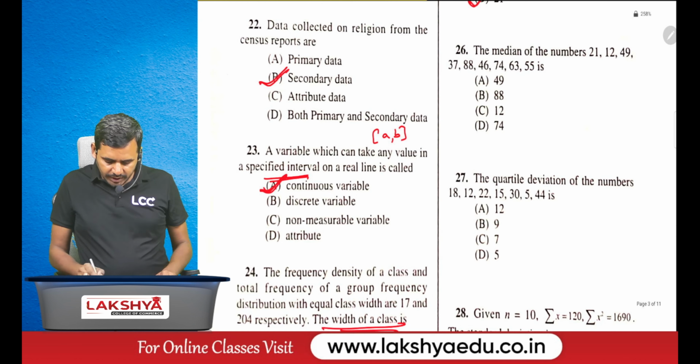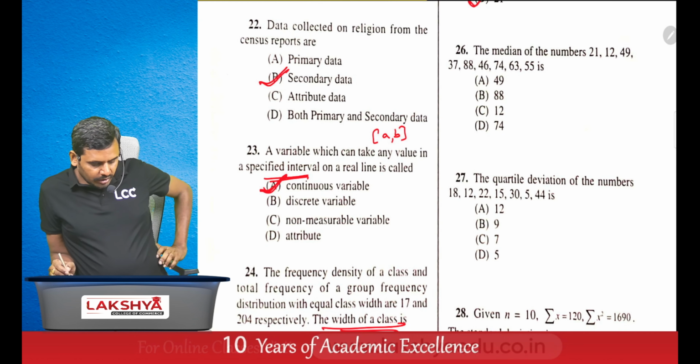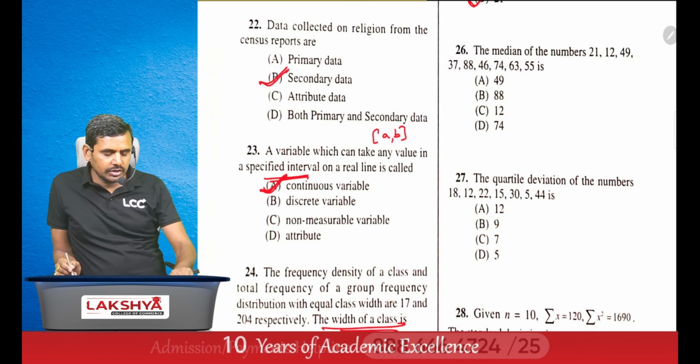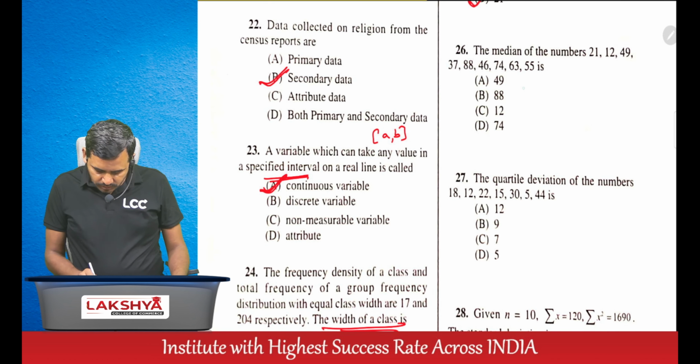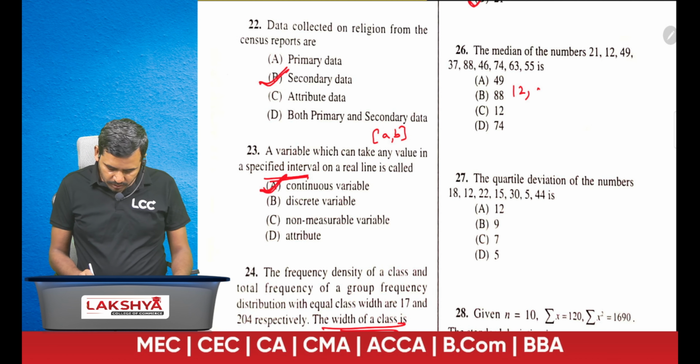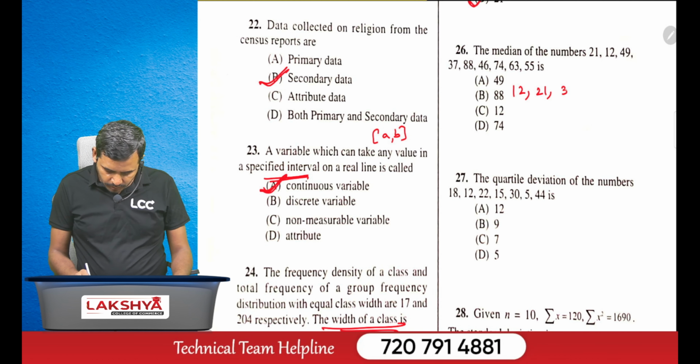Next, the median of the numbers. Before finding the median, first arrange the data into ascending order. What is the ascending order? 12 is the first number, then 21, 37, 46,